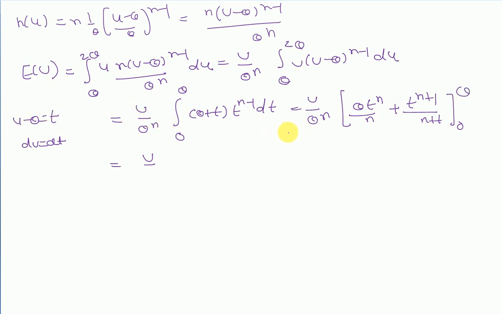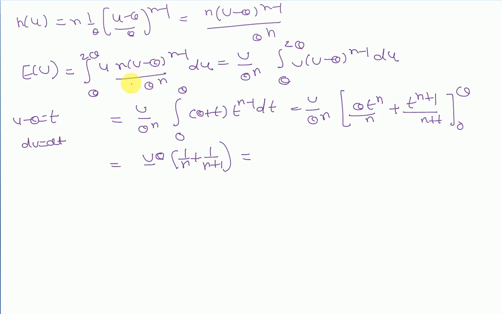Then we will get theta raised to power n plus 1 and theta raised to power n plus 1 in both places, which will be cancelled out by theta raised to power n, and a single theta will be present here. And inside the bracket we will have 1 upon n plus 1, and finally we will get